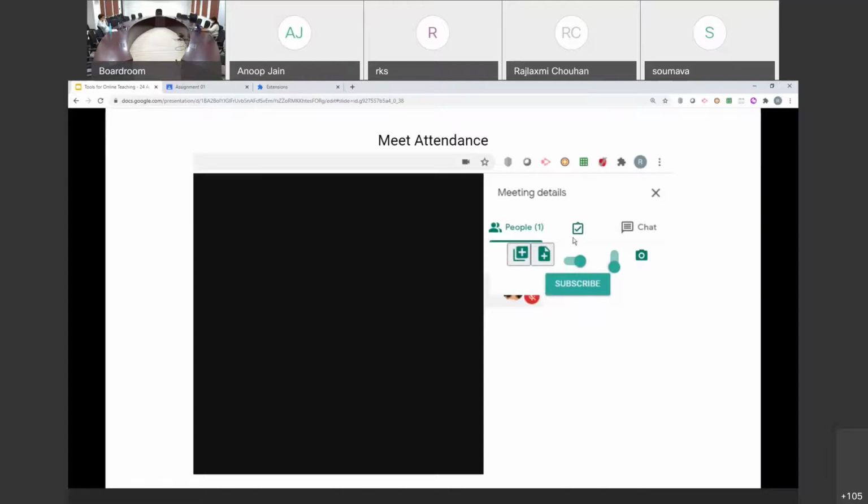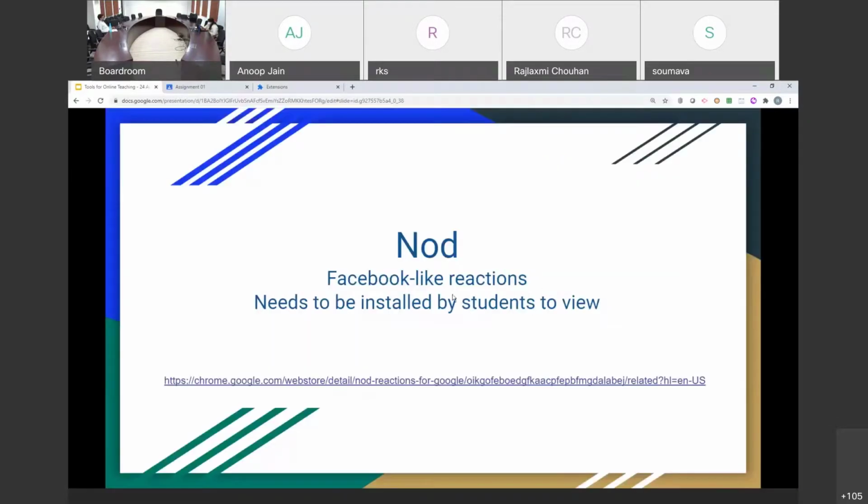Every time you click on this checkbox under the People tab, it will generate one Excel sheet with the names of all the people who are present at that timestamp. You can go on adding separate sheets, and say during a class, a TA can do this once in the beginning, once somewhere in the middle, and once at the end, just to get an idea of who was there in your meeting. This is Meet Attendance.